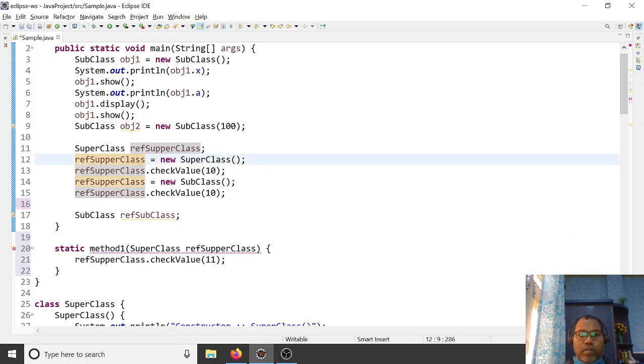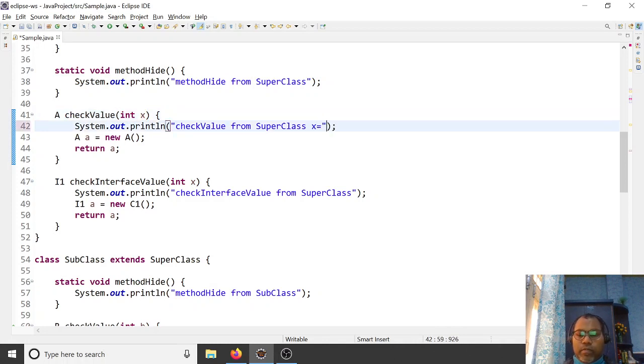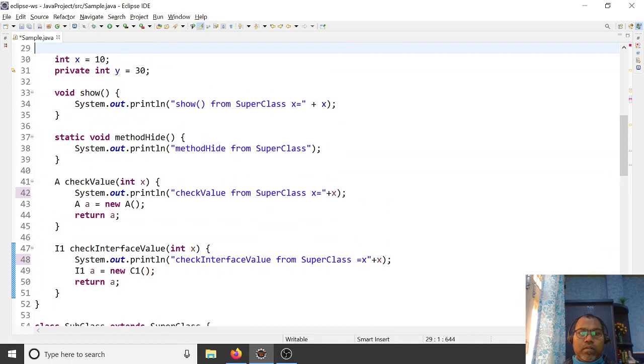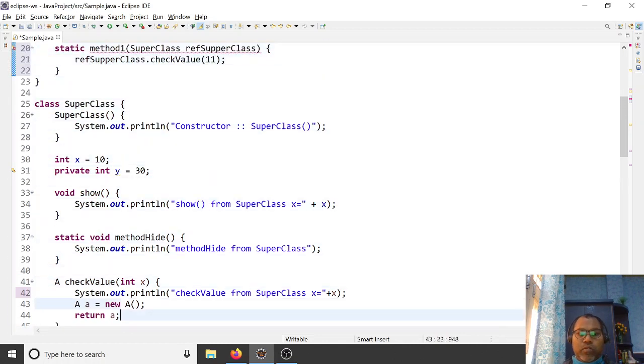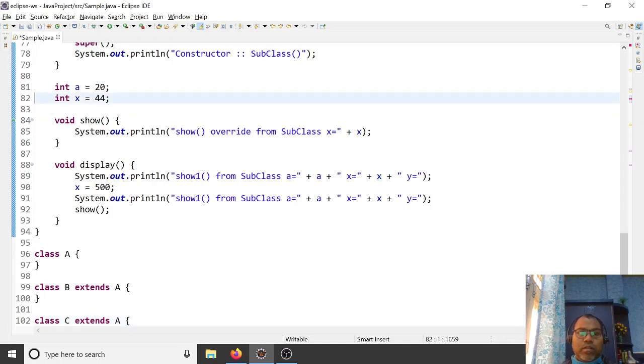Let's go inside the method and just print the input argument x we are getting: check value x equal to plus x. Similarly in the superclass, and go inside the subclass as well. This is a subclass.